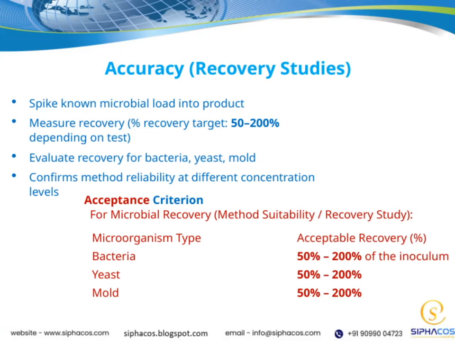Now, let's talk about the criteria we use to evaluate microbial recovery and assess method suitability through recovery studies. When we're testing our methods, we set specific acceptance criteria to determine if the recovery is acceptable. For bacteria, yeasts, and molds, the acceptable recovery range is between 50% and 200% of the inoculum. What does that mean in practice? Well, we spike a known microbial load into the product, then measure how much we can recover. The goal is to see if our method reliably recovers microbes within that 50 to 200% window, depending on the